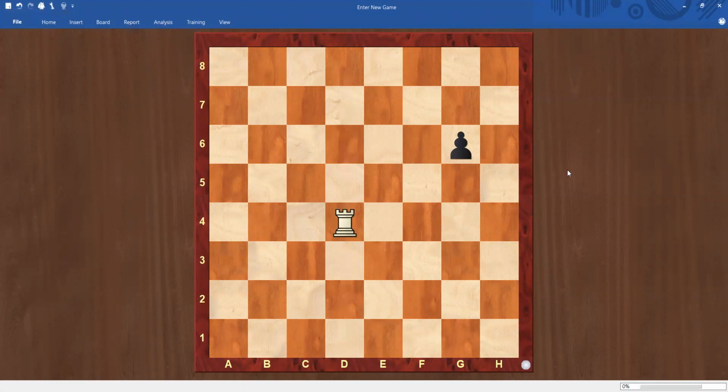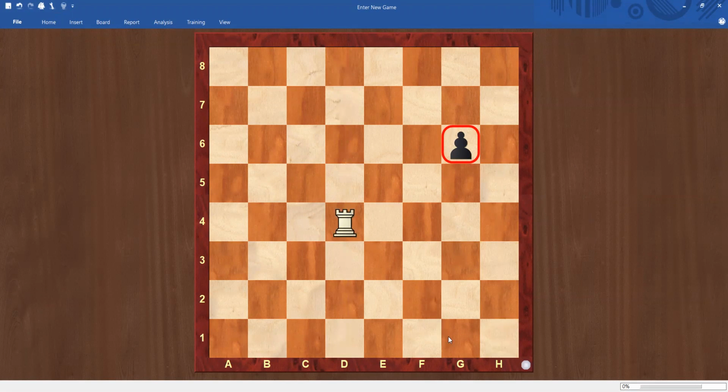If I want to kill this pawn, the rook moves in straight lines, standing line or sleeping line. So the rook can move like this, like this. It can go to H1, it can go till A1, it can stop anywhere. If I want to kill this pawn, where should I come to?